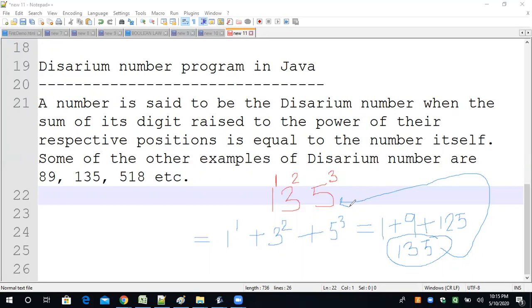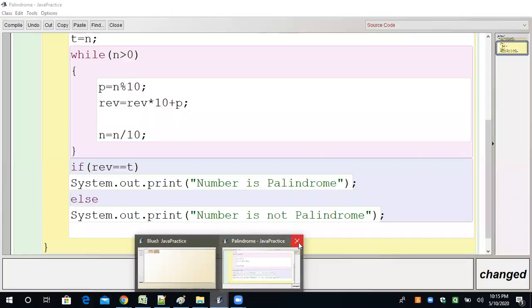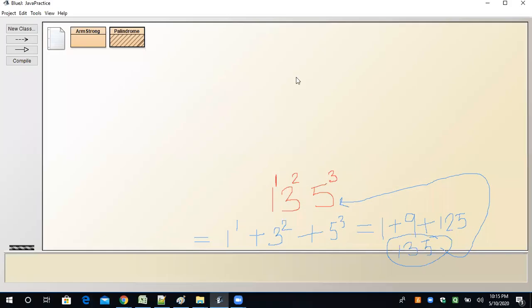Okay. So immediately we have to start the program. So 135 is the Disarium. Reason behind I have already discussed. तो हमने आपको बता दिया क्या reason है. So immediately we have to start the program. Just a moment. So this is, I'm closing and okay. So in this section,